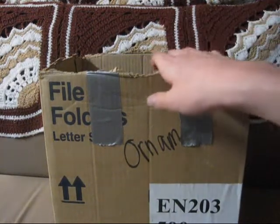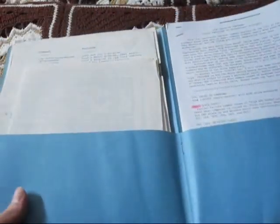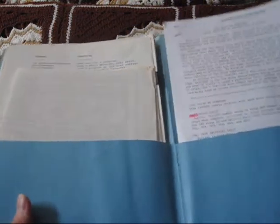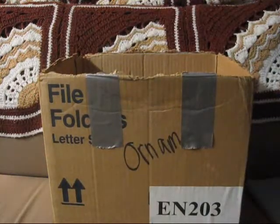Okay, next up we've got a box filled with different manuals and books and some pretty interesting little tidbits in here. So start off here with probably the most unusual thing. This is a blue folder, and what's inside are different newsletters and programs that were printed out, and notes and all that kind of stuff, because apparently the previous owner of all this stuff was a member of a Commodore 64 users group, so apparently I got all of his stuff, so that's pretty sweet. I mean, a lot of this is pretty much useless to me, but still kind of neat to thumb through